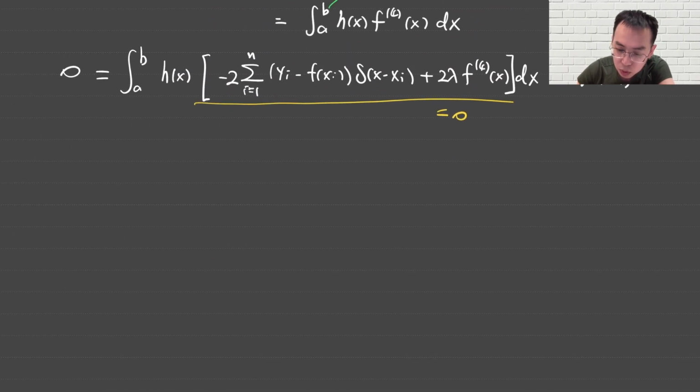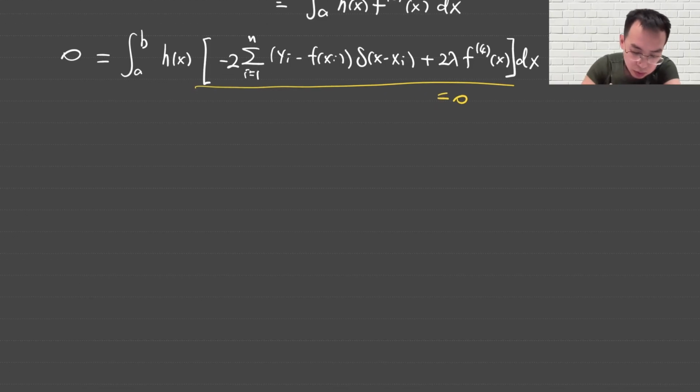So here's our equation. Let me just copy that and cancel out the 2. So what we have in the end is f first derivative of x equals 1 over lambda summation